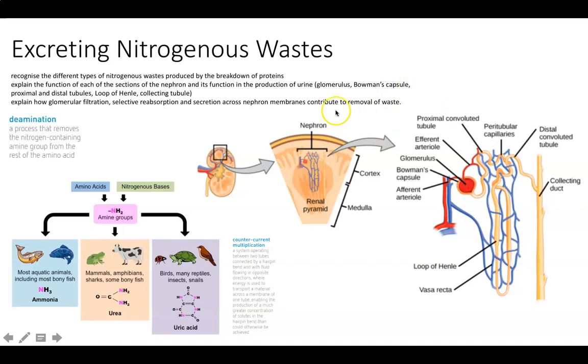So let's zoom in now on the nephron. Here is a capillary. And this capillary forms this ball of blood vessels, and we call that the glomerulus. The glomerulus is surrounded by this capsule. This is where the nephron begins. This capsule is called the Bowman's capsule. And this is where the blood is filtered. So high pressure blood is pumping in here. And a lot of the contents of the blood is just forced, pushed out of the blood and out into this